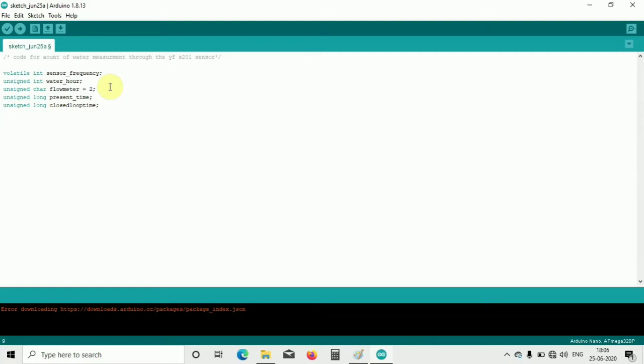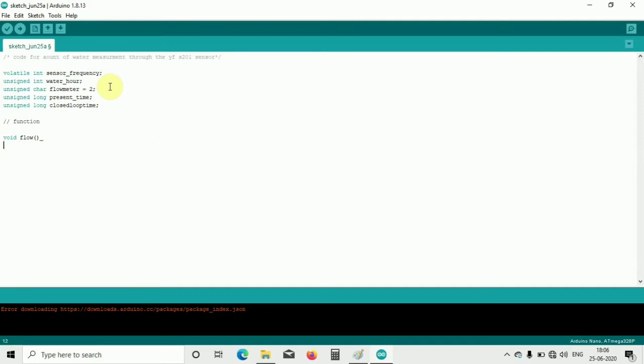Now I have to write a function. What function will I be writing? Let me comment it: this is the function definition. I am writing a function to increase the flow frequency, that is the sensor frequency, whenever there is an interrupt. The name of the function is flow.